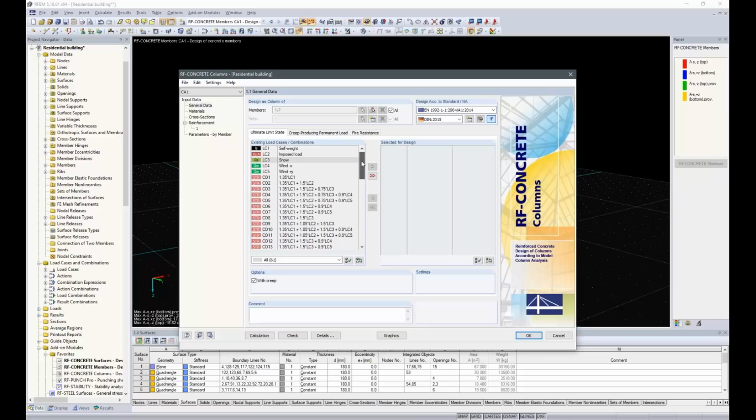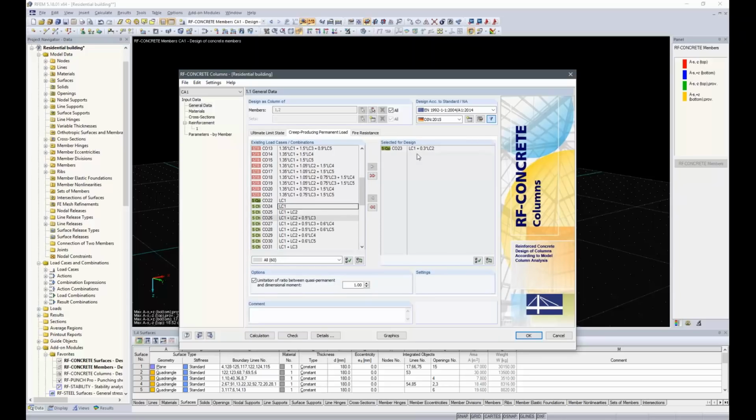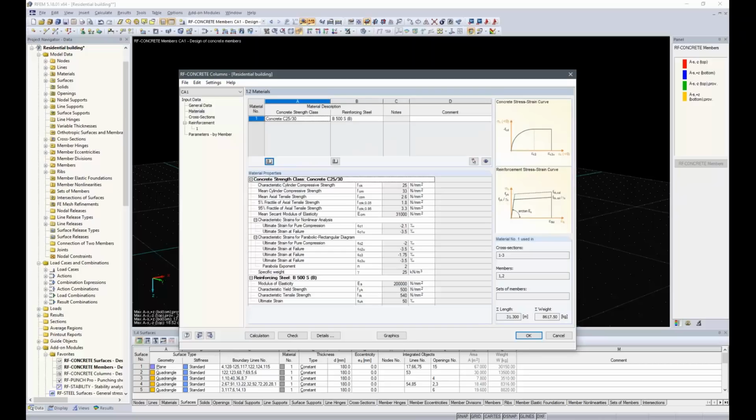And for these columns, I just have to do an ultimate limit state design. But I have to select a creep producing permanent load. That would be, for example, my combination number 23 with the self-weight and a part of the imposed load for the quasi-permanent load. It's also possible to do a fire design, but we're going to skip that for this example. I go on to the materials,